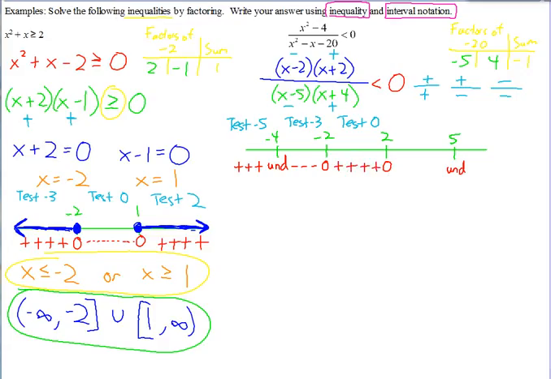Then between 2 and 5, that's 3 or 4, I'm going to test 3. So if you test 3 minus 2 is positive, 3 plus 2, positive, positive times positive will be positive. Get positive on the numerator. And 3 minus 5 is negative, 3 plus 4 is positive, negative times positive. Positive divided by negative is negative. So we know everything between 2 and 5 is negative. Makes this expression negative. And finally, if you test 6 over here,